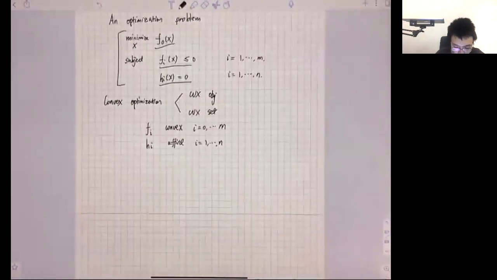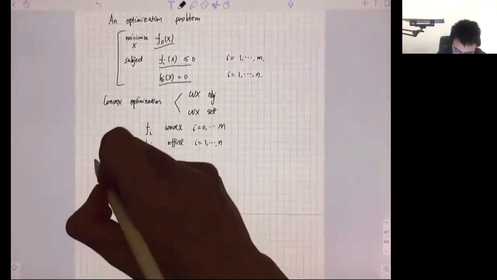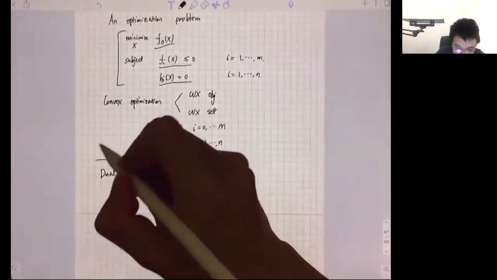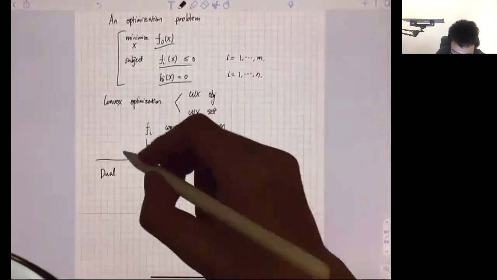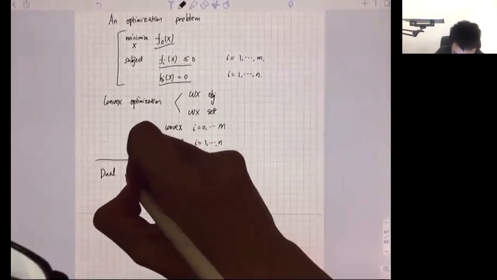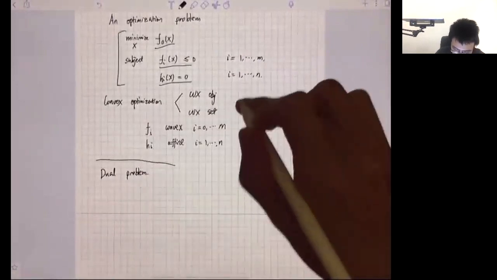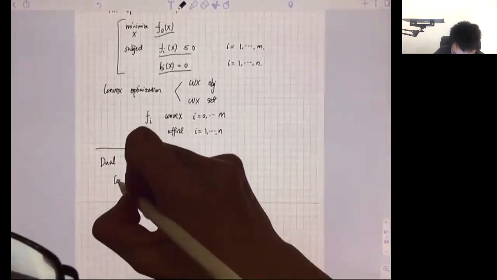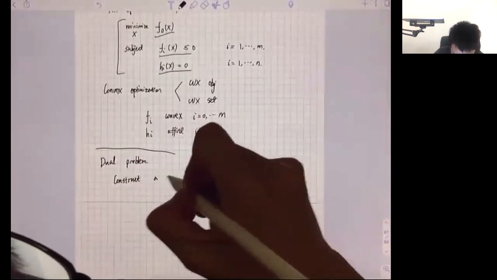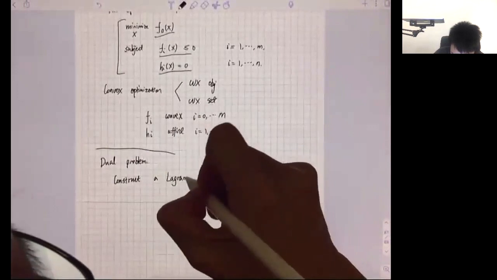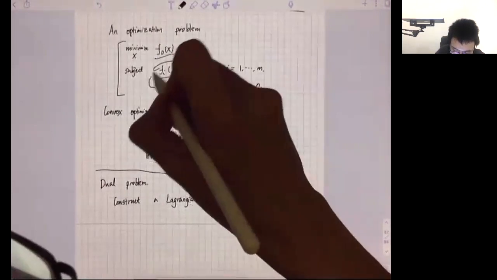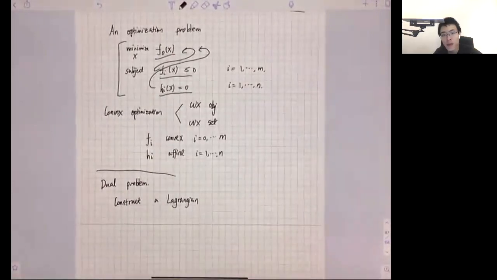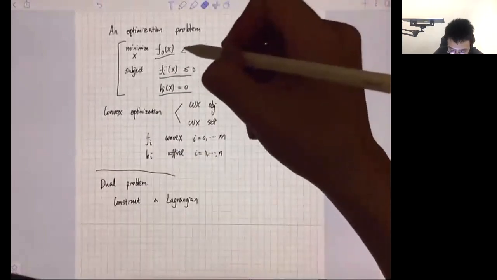The next thing is dual problem. So I think we mentioned the dual problem in the soft penalty and hard constraint. So I'm just going to give the definition again, the dual problem. So I can construct a Lagrangian. Lagrangian is basically you make the hard penalty as soft constraint, okay? And for convex problems, the hard constraint and the soft penalty, they are equivalent. So I construct the Lagrangian as